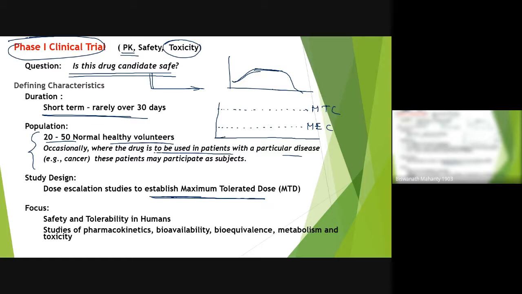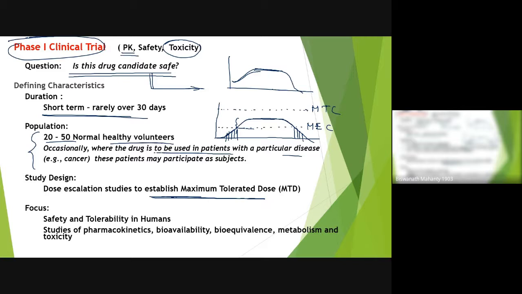The blood concentration of the drug will increase. So until this period, you see, the concentration is below the minimum effective. So in this period, nothing, you will not see any benefit. Similarly, in this period also, below MEC, you will not see any effect of the drug. The drug is there, no use. Only in this period, it is above the MEC, so you will see the response is happening.